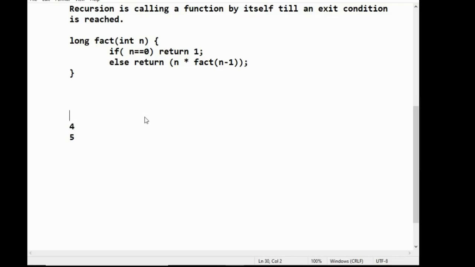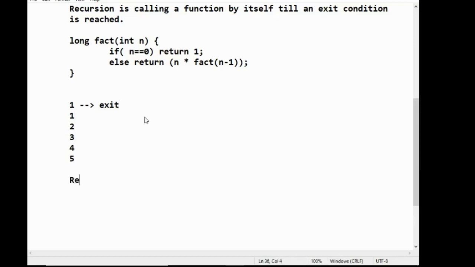Next 3, next 2, next 1, next 0. Whenever 0 comes, return 1. When return is there, the function will be terminated and will go to the method where it was called. So now 1 into 2 into 3 into 4 into 5 will be kept in memory.